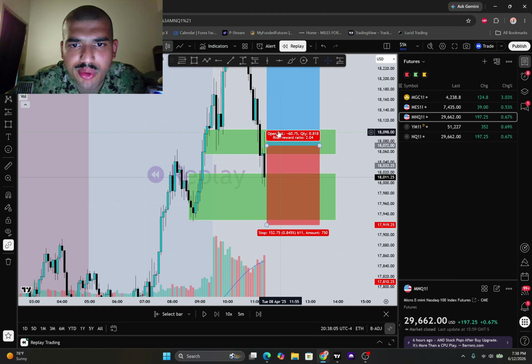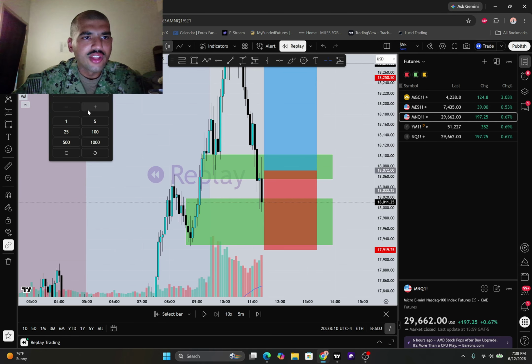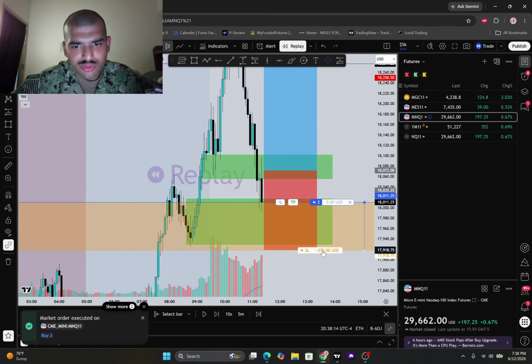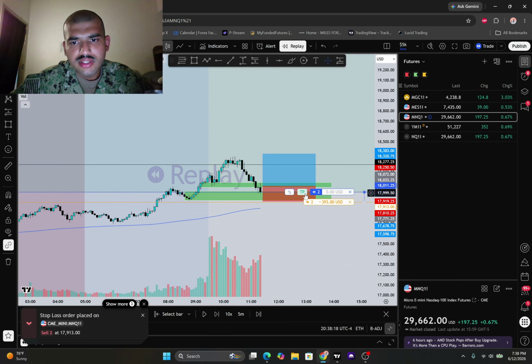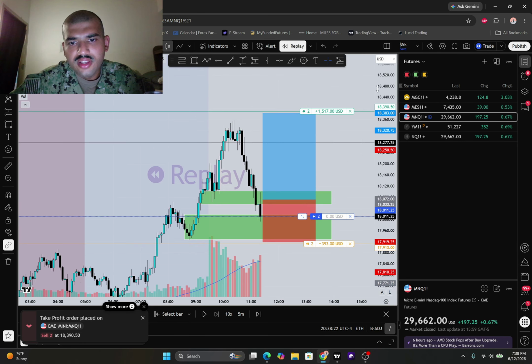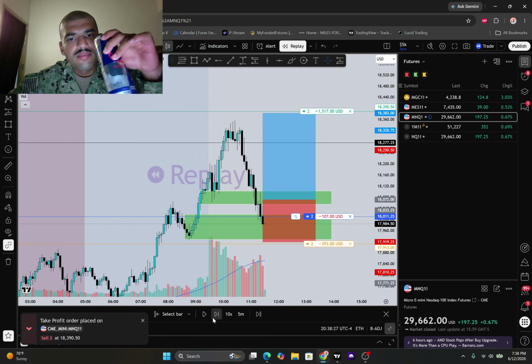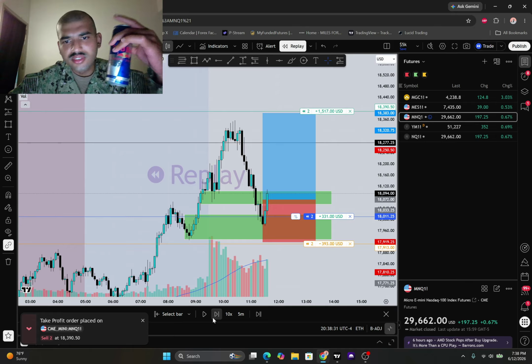So it did break above that candle, right? So ultimately I would have got in on like 2 contracts on this. So I'm gonna act like I'm actually trading for real. So I would have put my stop loss right there, and my TP would have been up here for a nice little 1.5K. But let's see what happens next. It might be a losing trade, but if it is, I mean, you know what I'm saying? It's going up now.